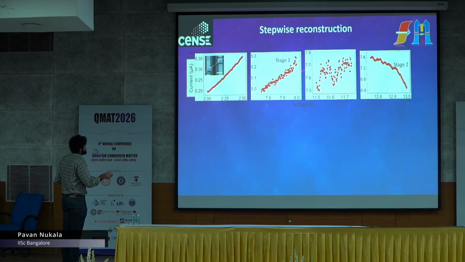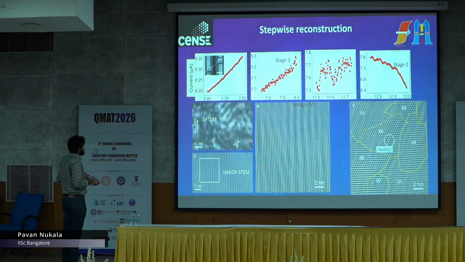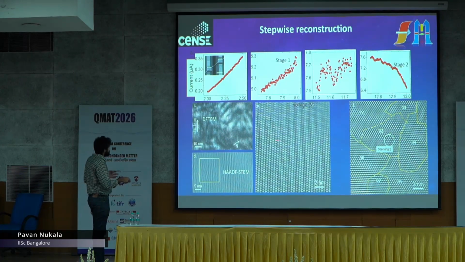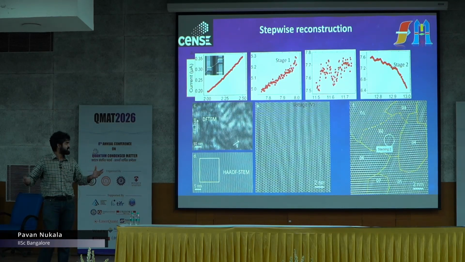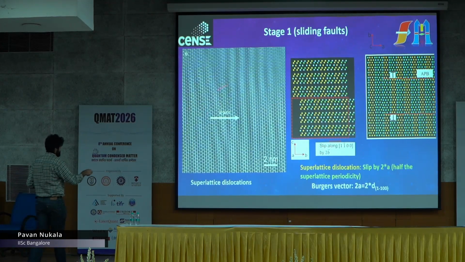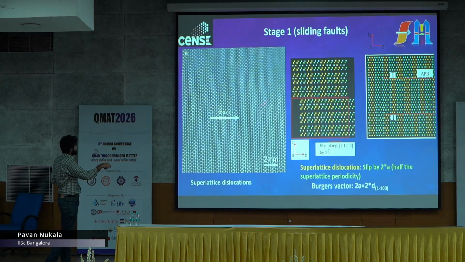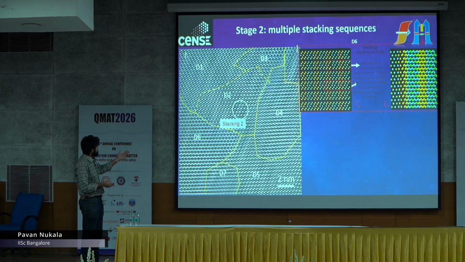As I see this at different stages, at a local level, if I start atomistically imaging it, you see initially these bands were all straight and well ordered. Now I start seeing these dislocations forming. With more and more fluctuations, what started as a single crystalline nice material transforms completely into a polycrystalline material, right? And this can be explained just as interlayer shear, the interlayer sliding, giving rise to these dislocations. And if I see this image, a more illustrative image, after a while,